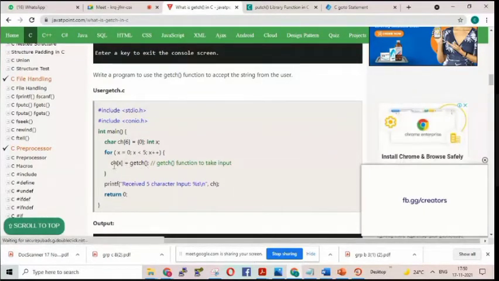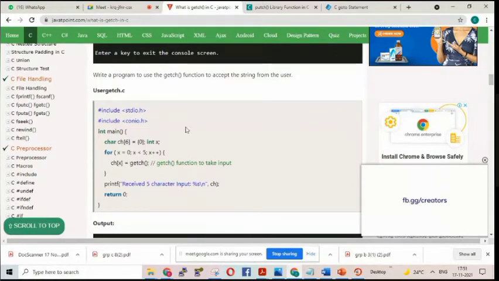If I write ch[x] equals getch, what is the x value for the first time? Tell me. 0. X is initialized to 0. Okay. So ch[0] is getch.